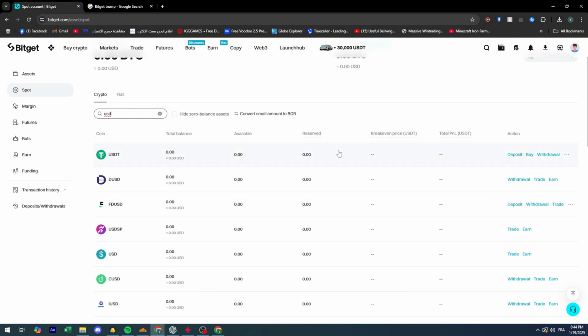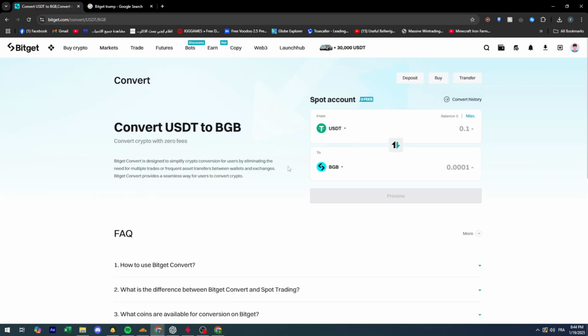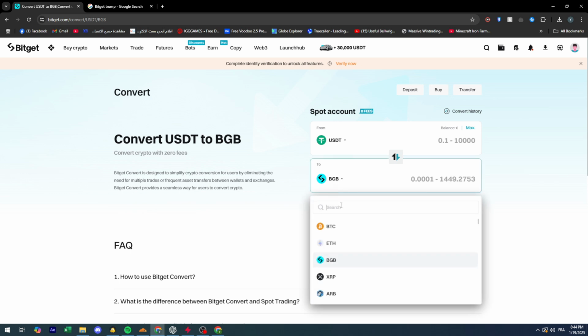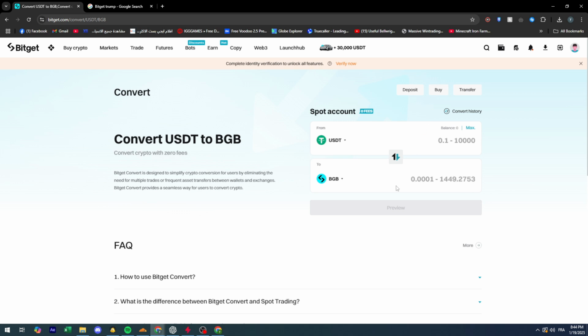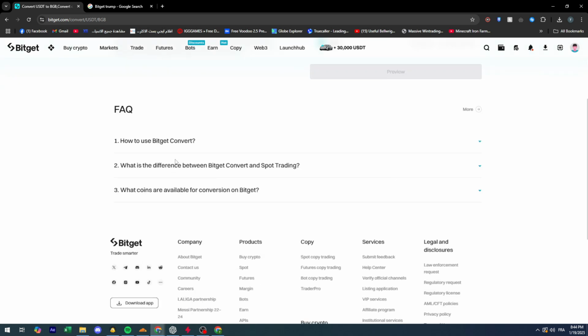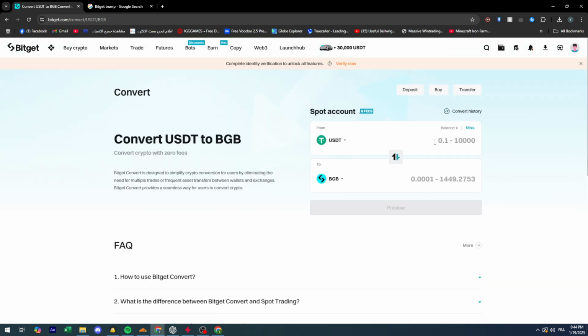We are going to go with USDT, and here we are going to click on convert. As you can see, click on convert, and this will take you to another whole page where you search for Trump. Oh, this is not available. Unfortunately, it seems it is not even available on this platform with this method. I don't know exactly why, maybe because it is a very recent token, but unfortunately you cannot do it with